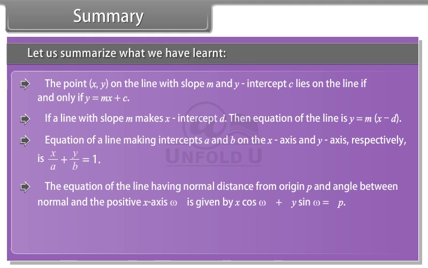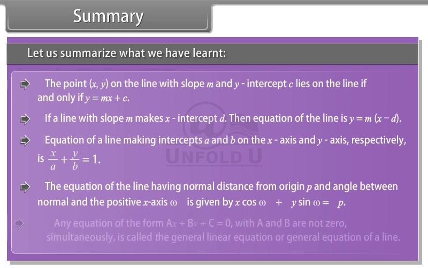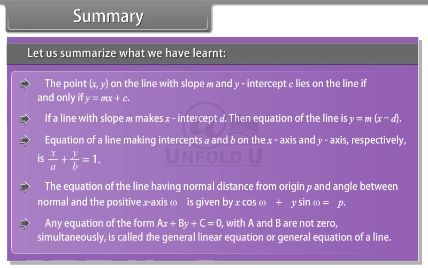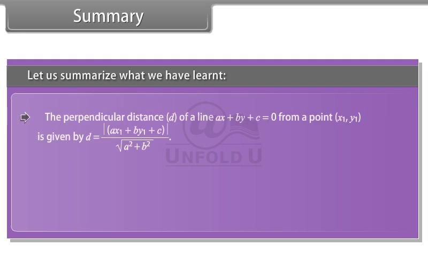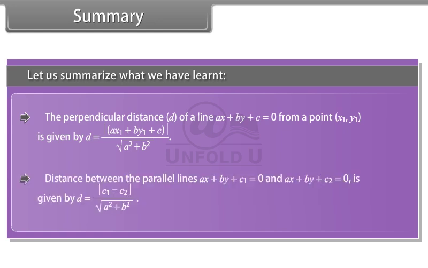The equation of the line having normal distance from origin p, and angle between normal and the positive x-axis omega, is given by x cos omega plus y sin omega is equal to p. Any equation of the form ax plus by plus c is equal to 0, with a and b not 0 simultaneously, is called the general linear equation or general equation. The perpendicular distance d of a line ax plus by plus c is equal to 0 from a point (x1, y1) is given by the distance between the parallel lines ax plus by plus c1 is equal to 0 and ax plus by plus c2 is equal to 0 is given